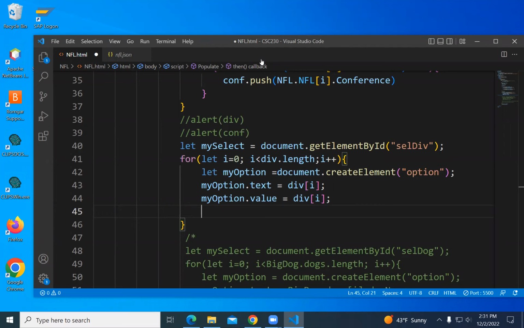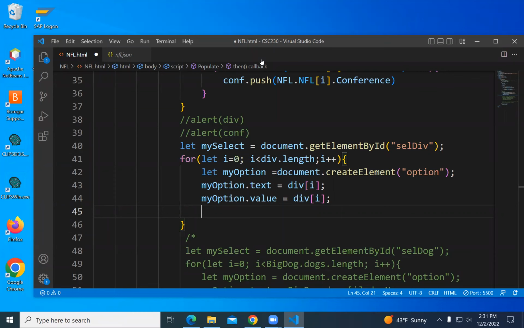All I want to say here is again that my original global array has indices, but there are 32 teams, and there are only 4 divisions.